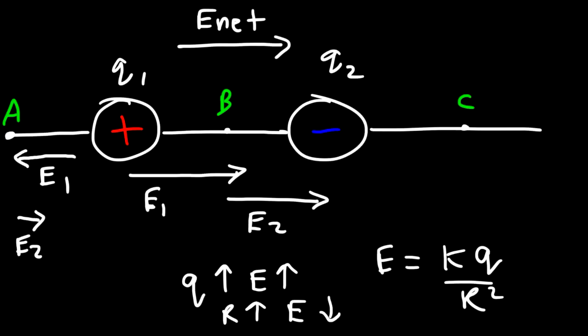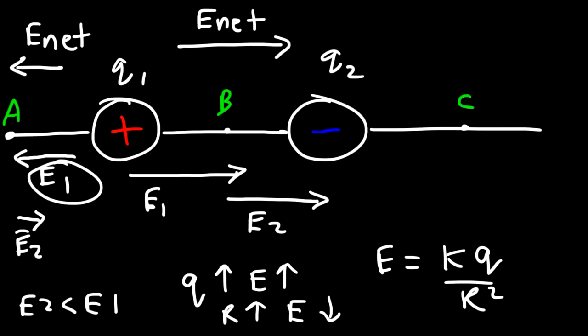And that's why E2 is less than E1 at point A, because the distance between Q2 and A is greater than the distance between Q1 and A. So E1 is stronger, but E2 is weaker. So the net electric field at point A is going to be directed west as opposed to east because E1